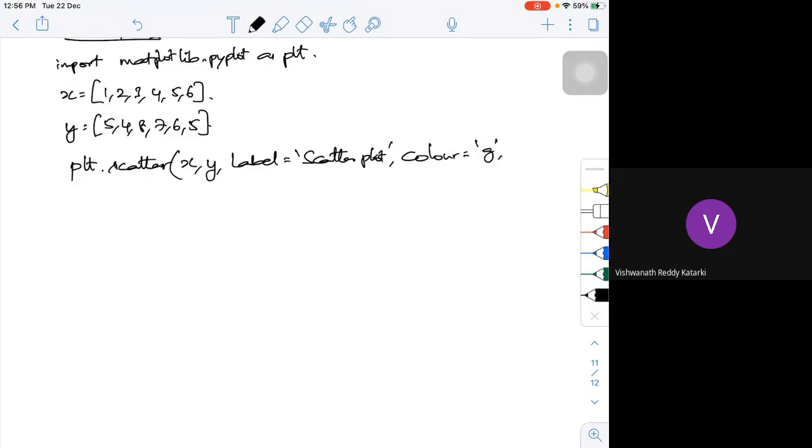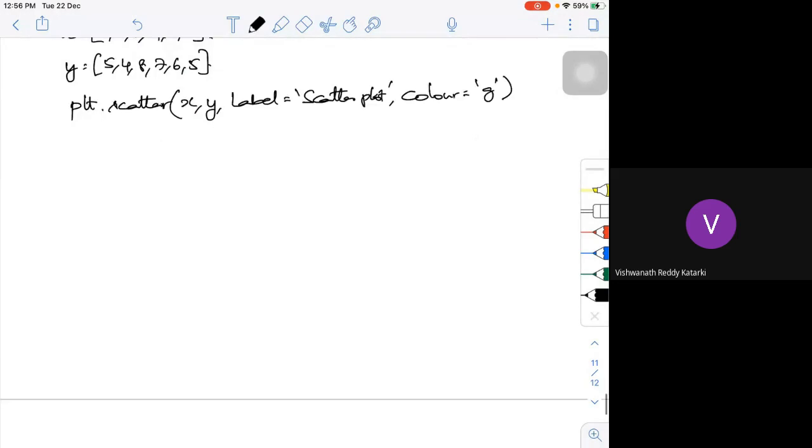Then here if you want you can give a marker, but this should be enough. This is by default, this will work. I'm just giving some color and scatter plot and giving the data. So what does this do actually? It's going to take your data like this. You can define the labels X and Y or title, all those things. You can give a marker, and if you want, you can give the size. By default it will be blue color or something.